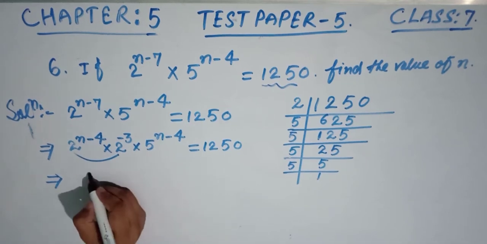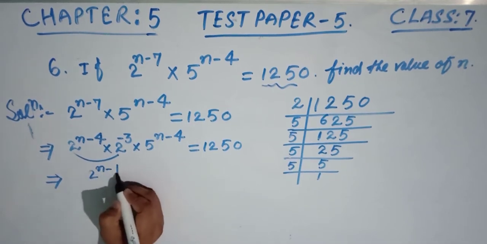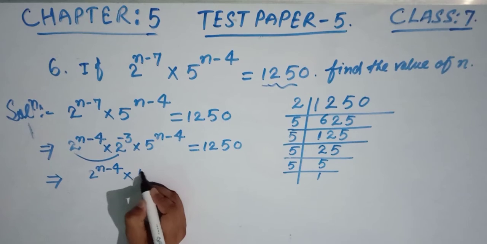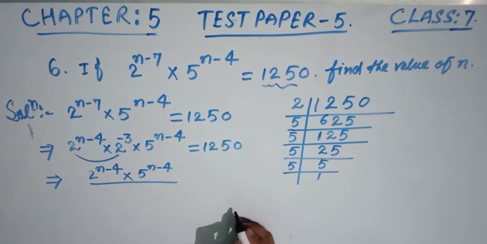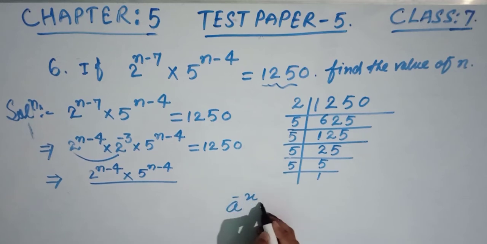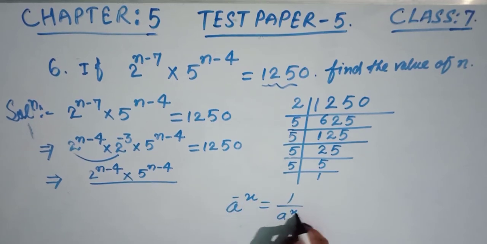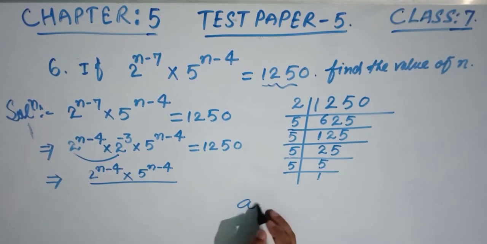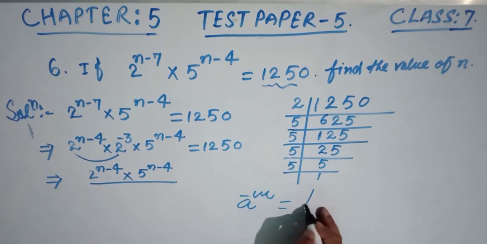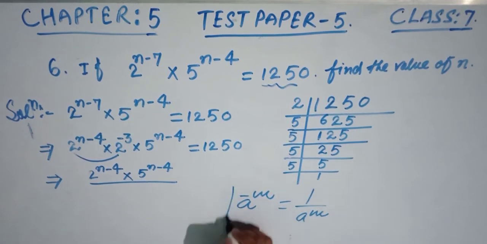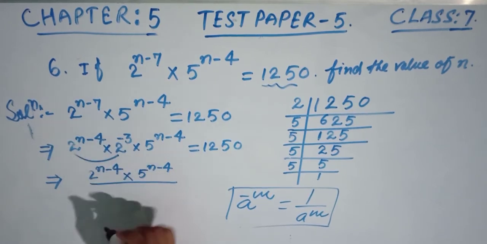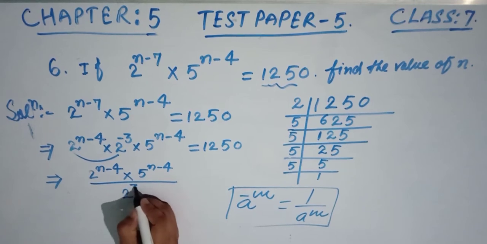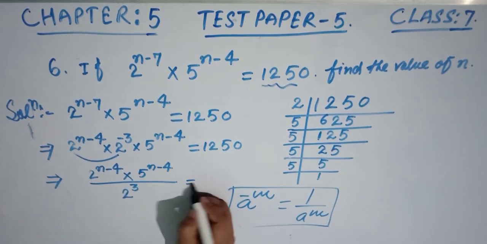Okay, now see 2 raised to the power n minus 4 as it is, multiply by 5 raised to the power n minus 4 as it is friend. Remember friends, suppose a raised to the power minus x, this could be written as 1 by a raised to the power x. Suppose a raised to the power minus m friends, this could be written as 1 by a raised to the power plus m. Remember friends, this is why we are going to apply the same thing here. 2 raised to the power minus 3 is up, minus 3. If we bring it downwards, then 2 raised to the power plus 3. Okay, this is equal to friends,